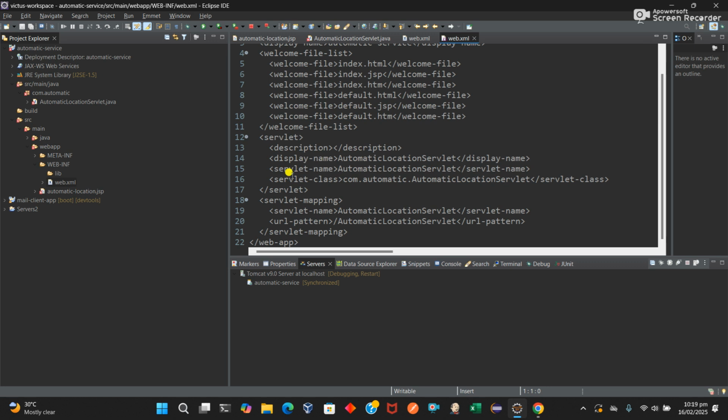We'll change the servlet mapping, so let's make this one just automatic location servlet. Because it's a servlet, I don't need to add .jsp, but the Java Server Pages will become a servlet. So if I go to this URL, that's automatic location,